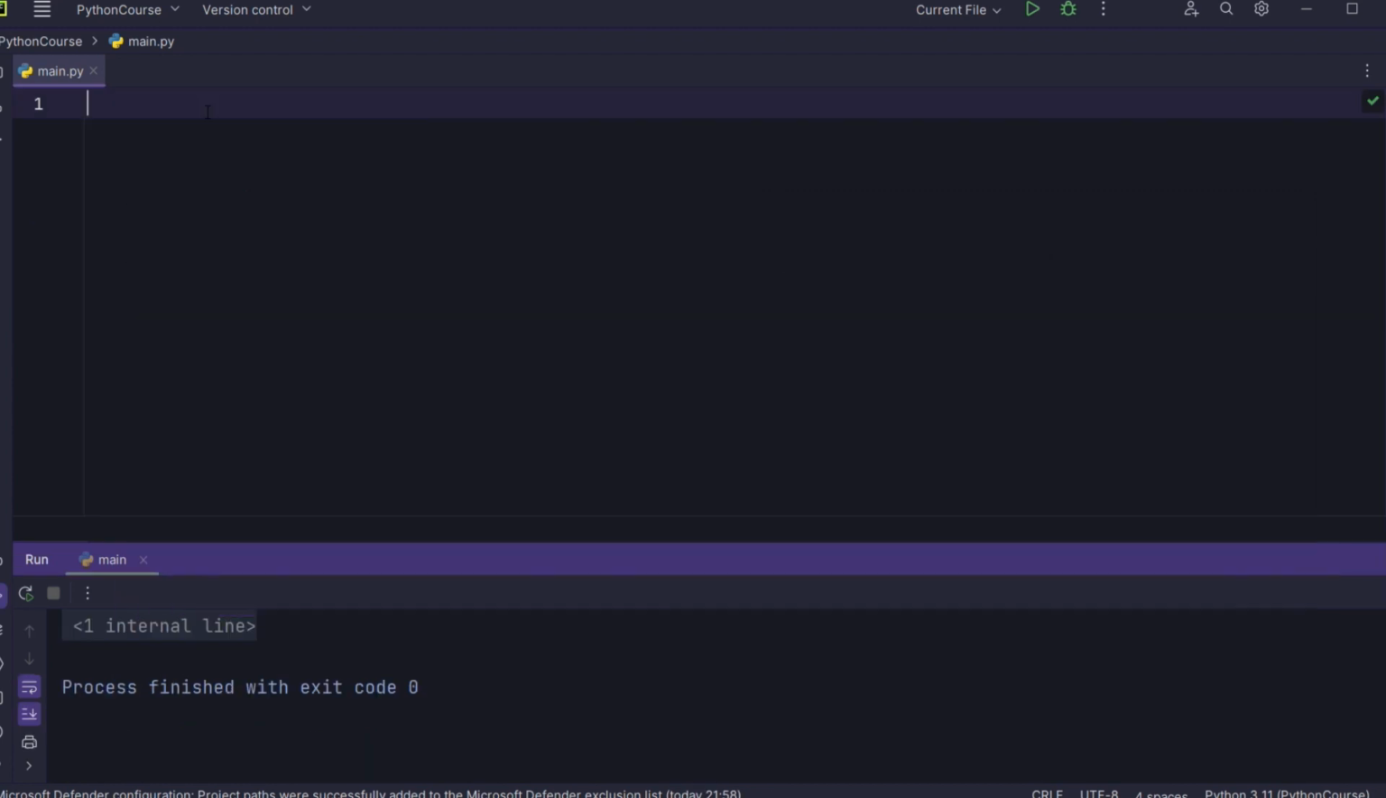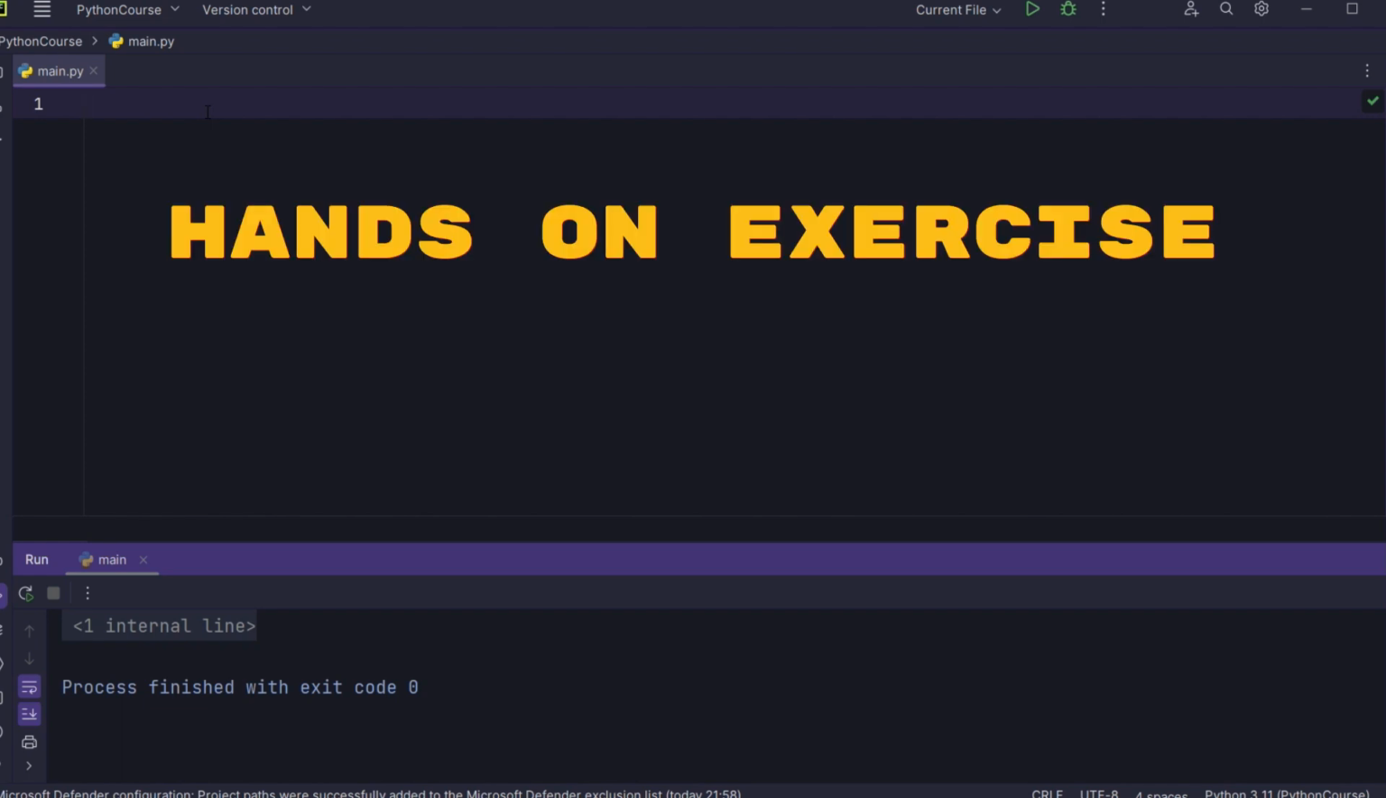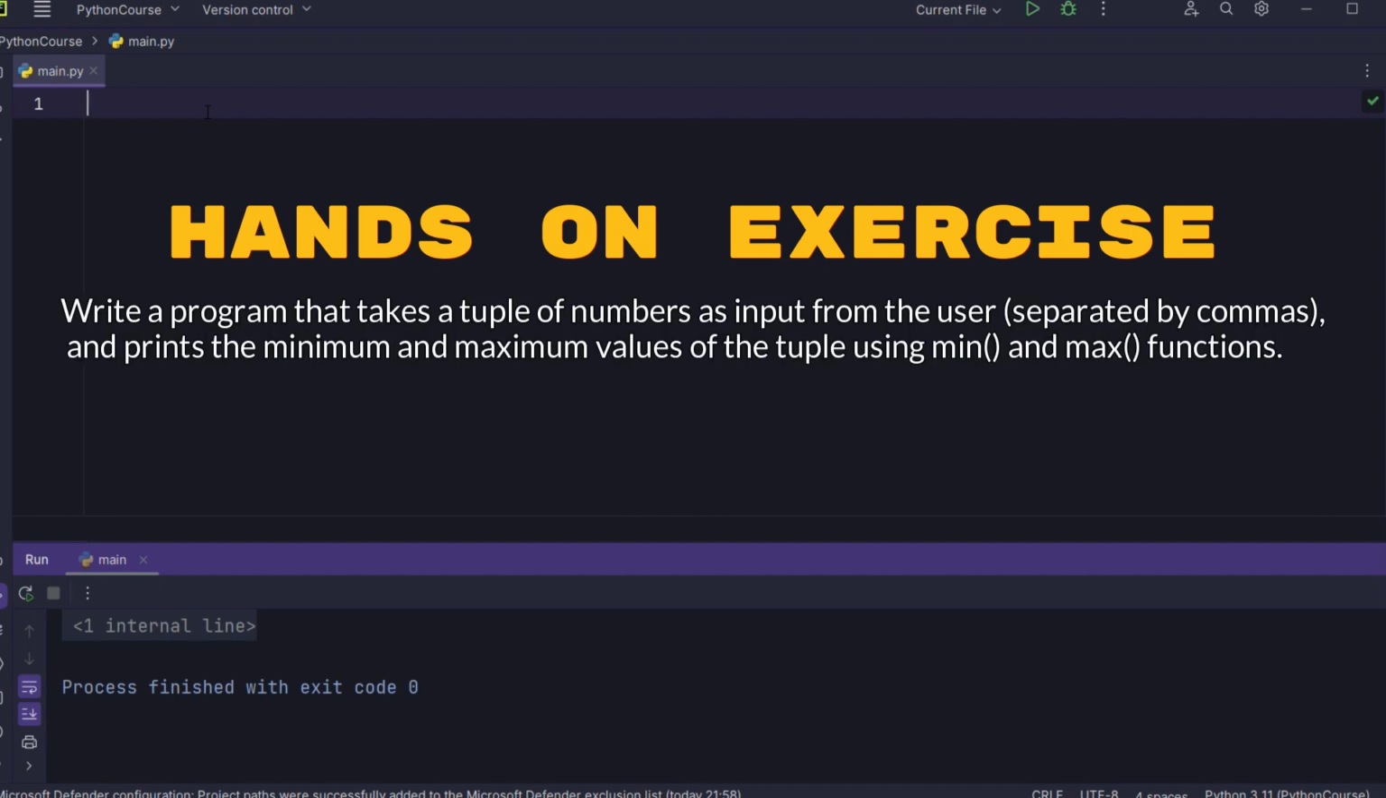Now that you have learned about tuples in Python, it's time to practice your skills with a hands-on exercise. In this exercise, you will be given a task to write a program that uses the concepts that we have learned today. You can use any of the variables, data types, operators, and type conversion functions that we have learned earlier. You can also use the input function to get the user input as a string and the print function to display the output. So let's write a program that